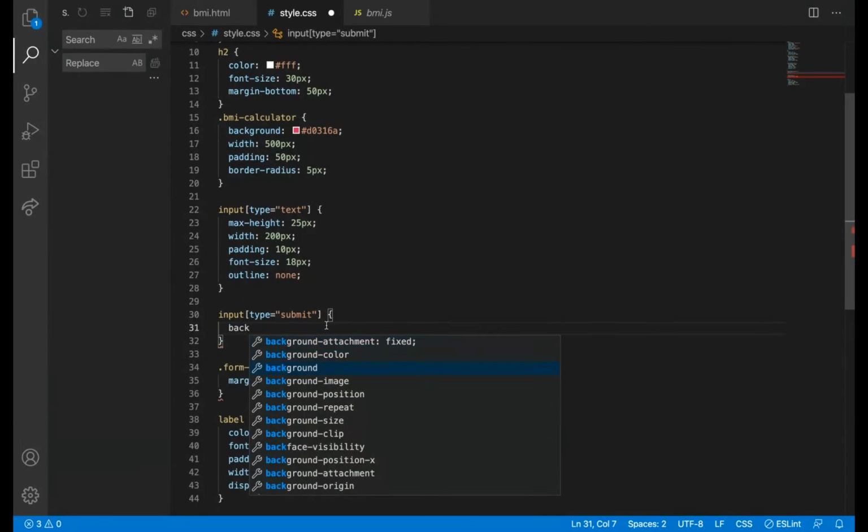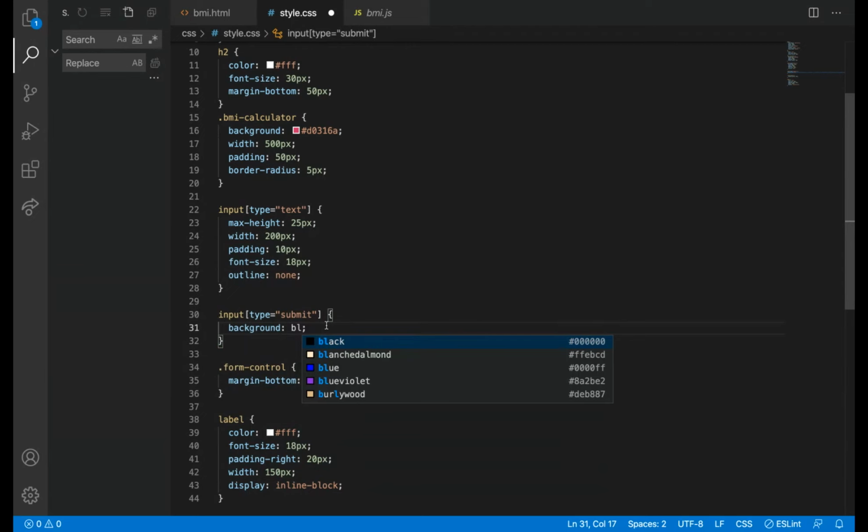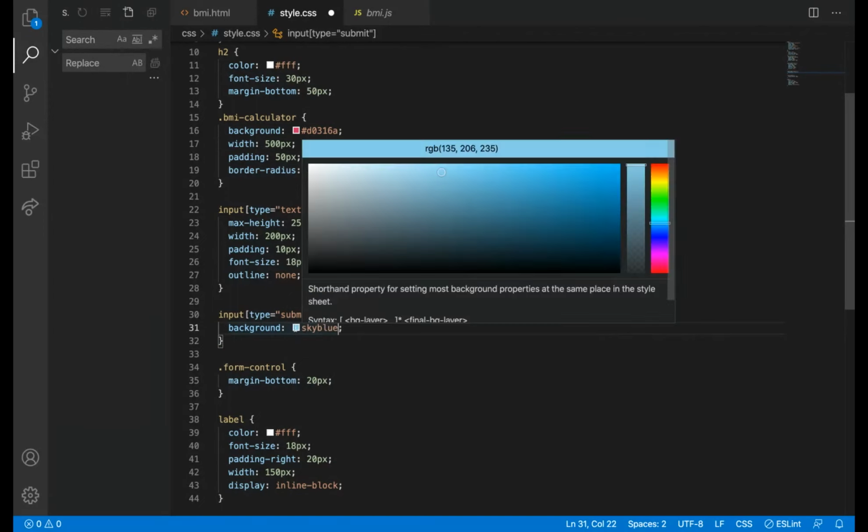What color can we add? Just I'm trying, I don't know whether it will be good.